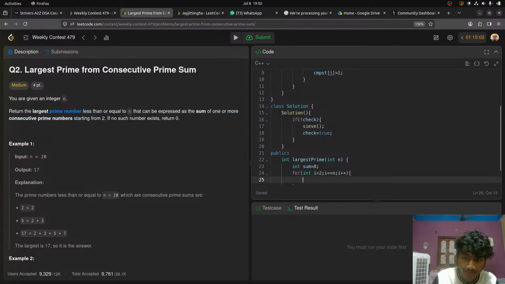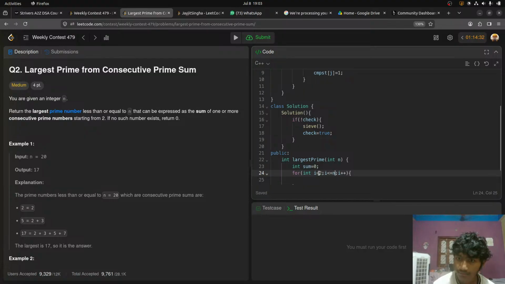Now I'll try to add all of the things and see. What do you think if I try to add all of them? I'm obviously going to go over n, right? I don't need to check for all of them. That's what I'm trying to do. So how much do I need to check